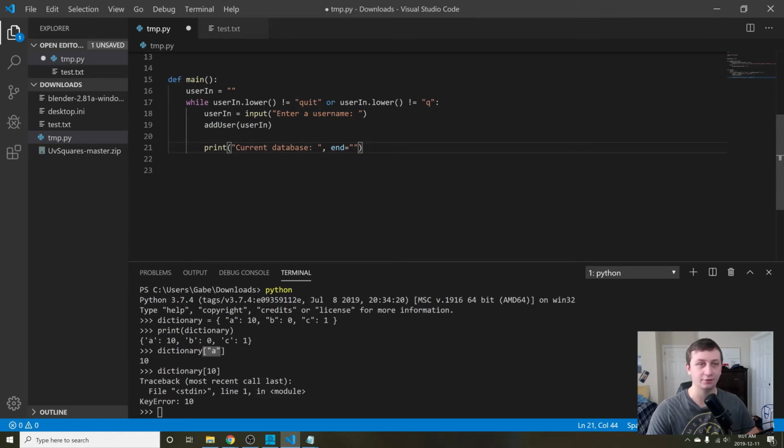And then after this, we'll say print current database, and then we'll say end equals, close quotations, so nothing in there. And then we'll say print, and then we'll say dictionary. So we'll print the dictionary. And then we'll just repeat